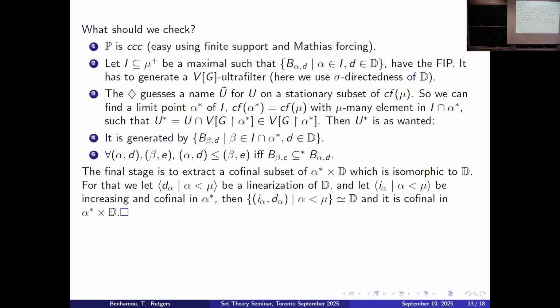Well, you can ask whether it's related to the question whether, when you do Mathias forcing with an ultrafilter, you're adding a dominating real. And there's this Canjar ultrafilter, and maybe if you choose your ultrafilter